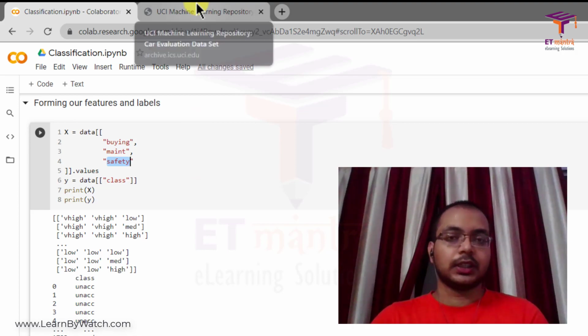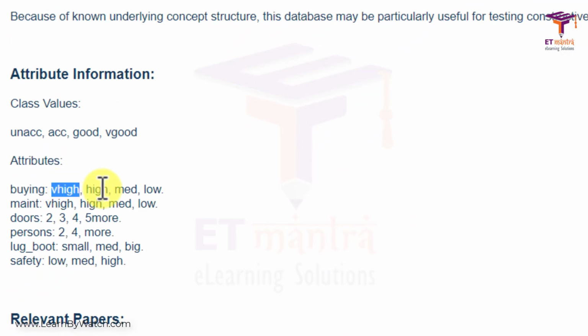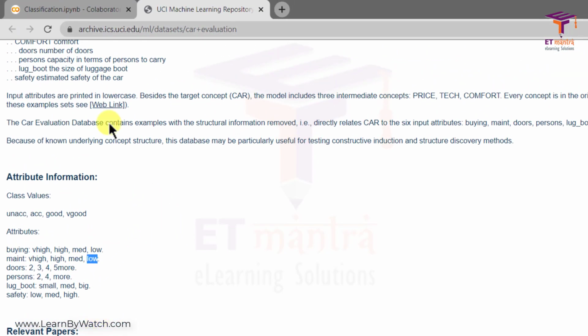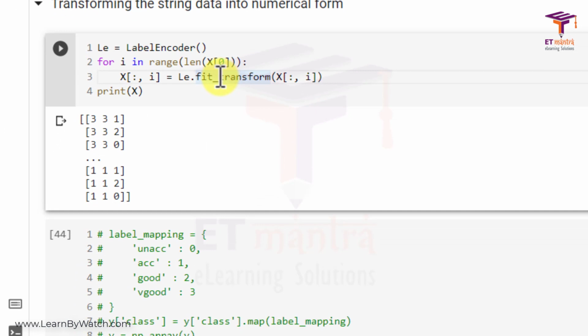Let me give you an idea of what we will be doing. Suppose we have this feature which has very high, high, medium, low. For this we assign each class a numerical value. For very high we give 1, for high 2, for medium 3, and for low 4. Similarly for maintenance we give very high 1, high 2, medium 3, and low 4, and so on. So that thing we have done here.